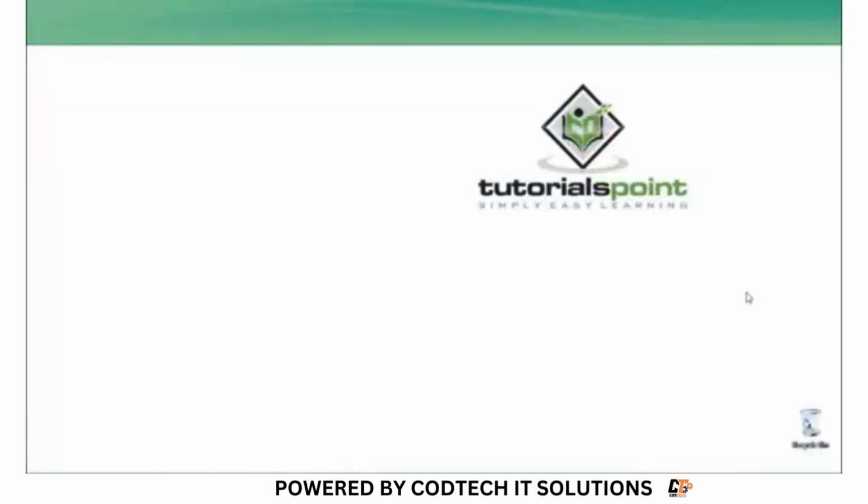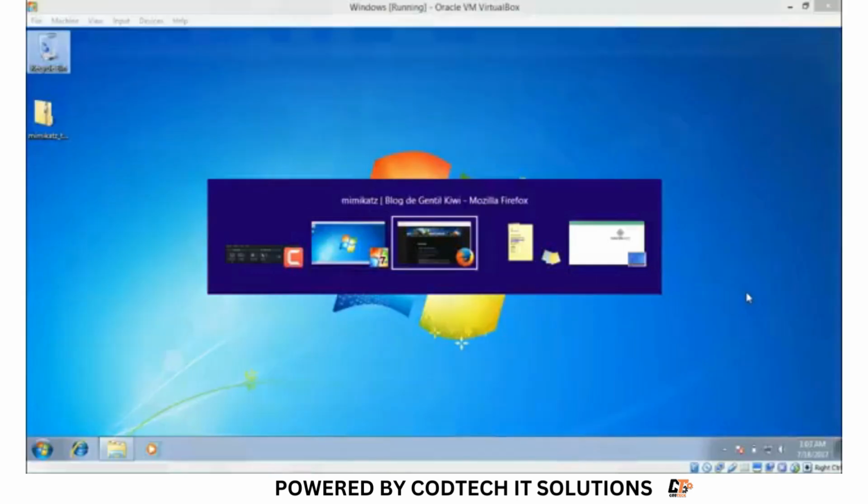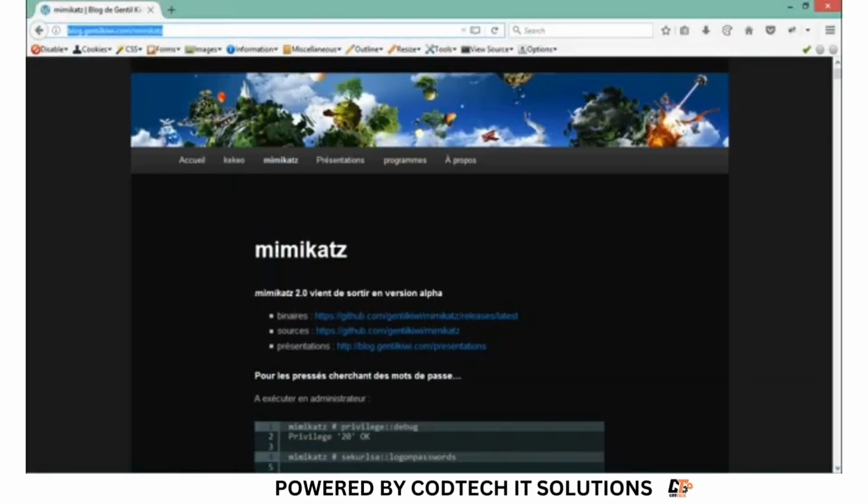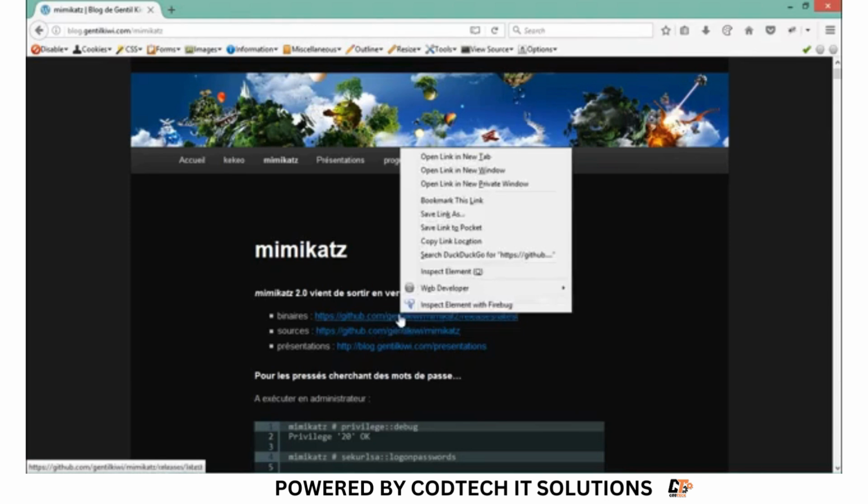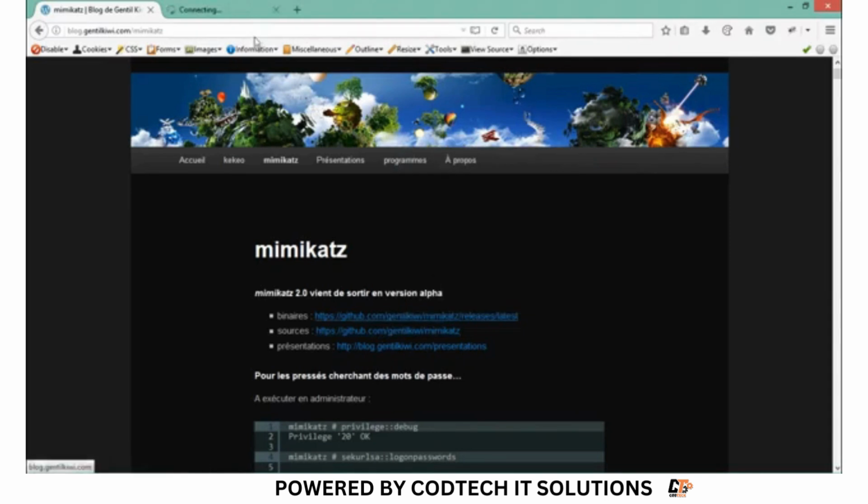Now let's try to find Windows password in a plain text without using any kind of password cracking techniques. In order to do that, we have to download a small utility called Mimikatz. This is a very small utility purely written in C language, and with the help of this we can find a Windows password in a plain text. Here you can see a link of its binaries and a link of its source code also. Let me open the link of its binaries in the next tab, and here is the official blog of this tool,